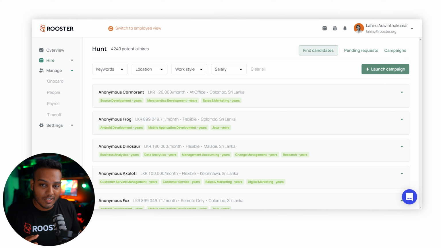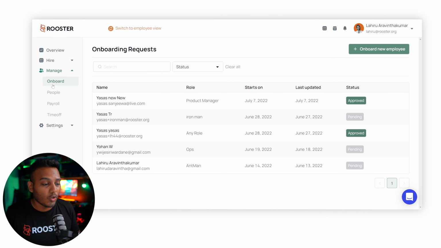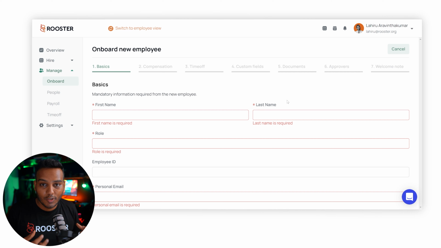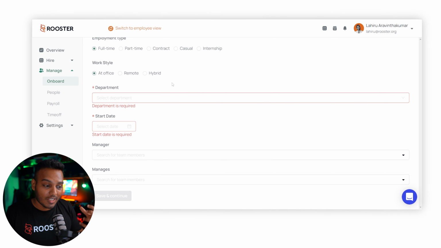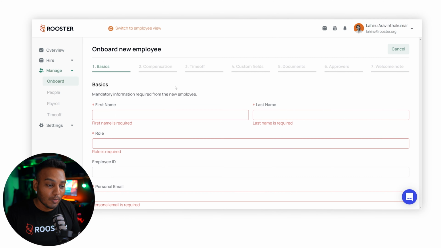So when you click on the manage section, which is our HRIS, you have a few options that you can take a look at: the onboarding, people, payroll, and time off section. Now, information and data collection of new employees can be a very tedious task, which is why we have created an onboarding wizard so you can go through this process and not worry about missing information or not collecting required documents. Once you've filled out the basic information and the departments and the managers that they are reporting to,